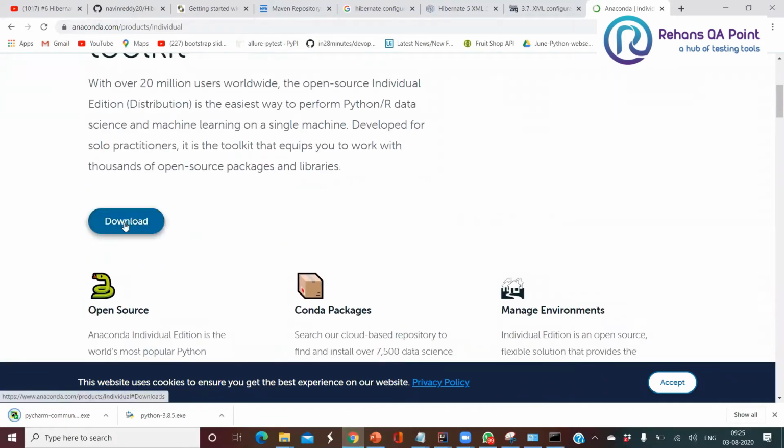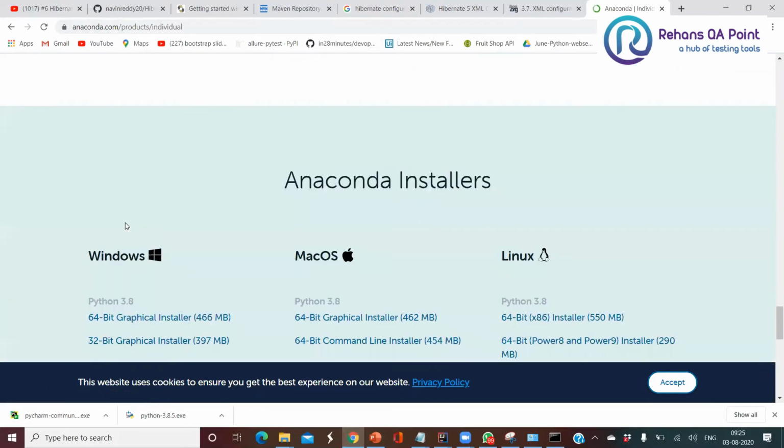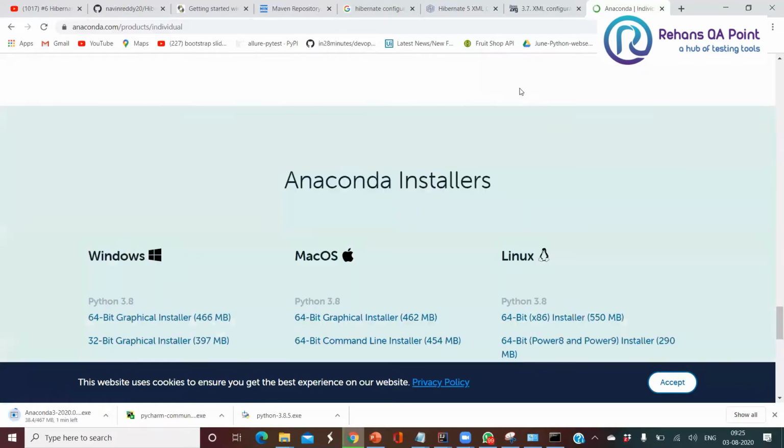Click on download. Here see the right operating system, either 64-bit or 32-bit. Choose the right edition and click on 32-bit or 64-bit. If you're using a Mac, choose your Mac. Click on this. You'll get this Anaconda downloaded.